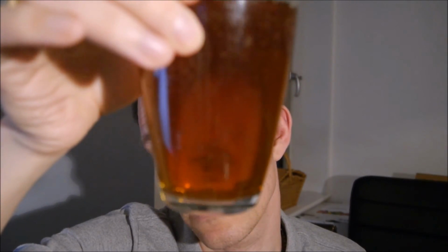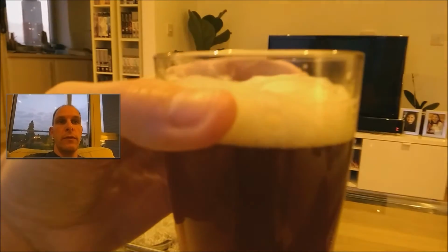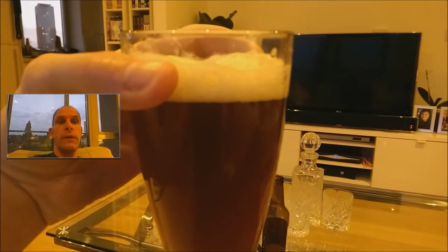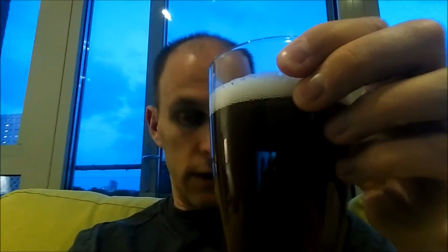Let's see if we can do this. Just look, and that's quite literally the difference of 2 weeks, 3 weeks. There are some big bubbles in it, but other than that, it's actually got quite a nice head on it. Now I'm doing this on my mobile, so it's not going to be as professional as most of the peanut brewery videos are, but